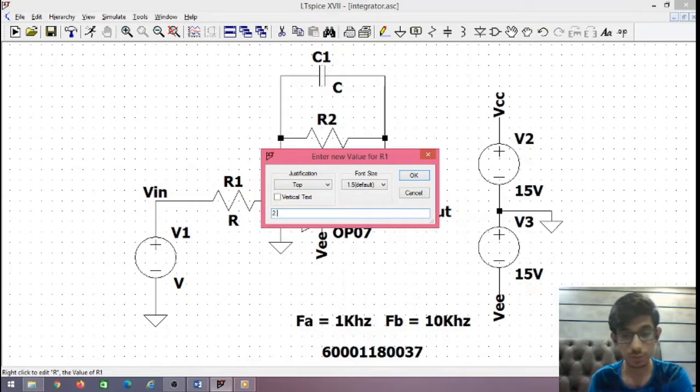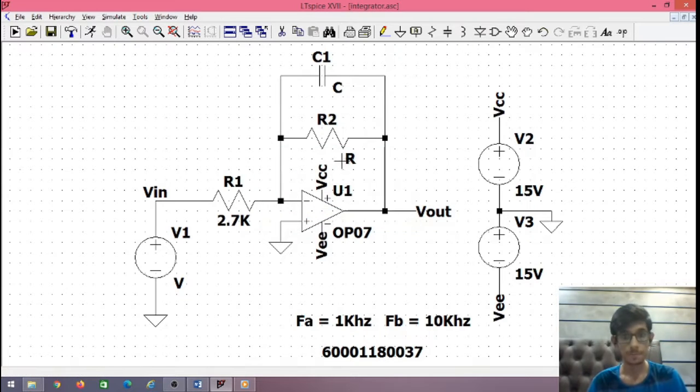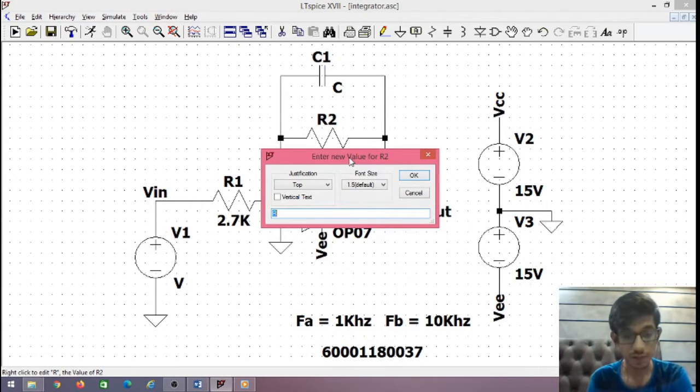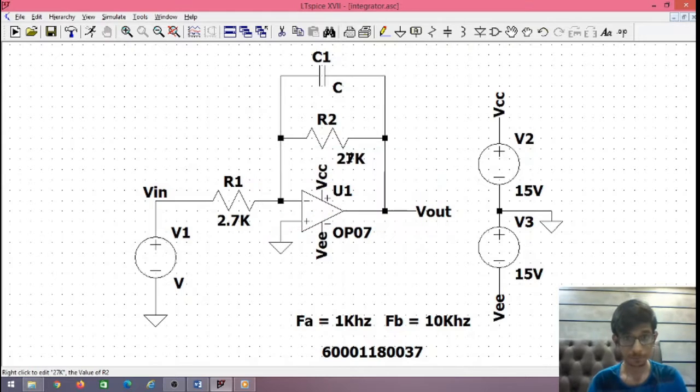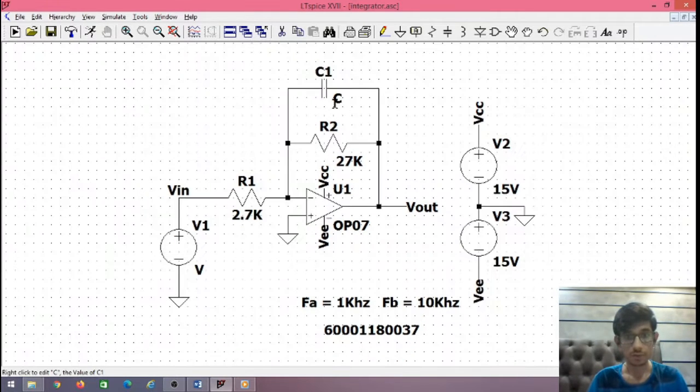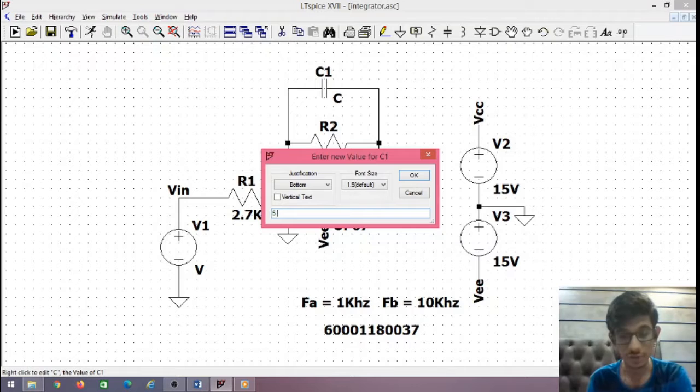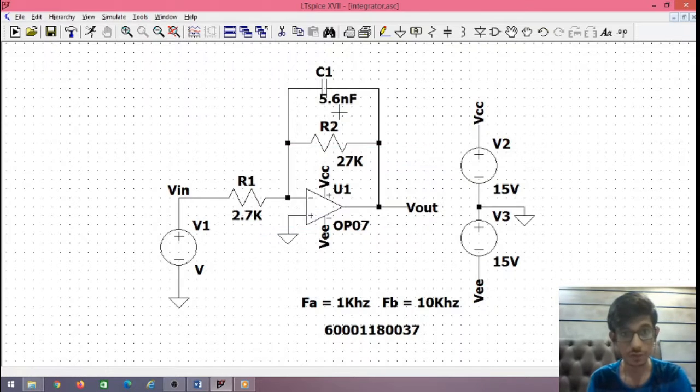So R1 is 2.7 K, R2, which is RF, is 27 K, and the capacitor is 5.6 nanofarad.